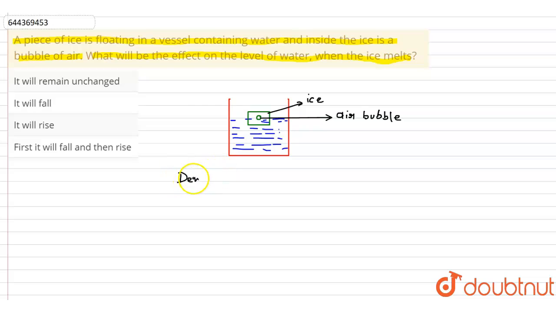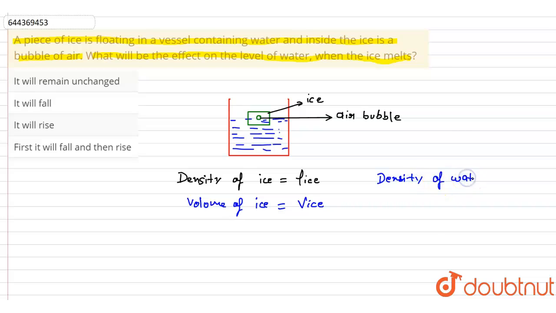Now let's say the density of ice is rho ice, and the volume of ice is V ice. Now let's say the density of water is rho W. Now if ice is floating, which means that